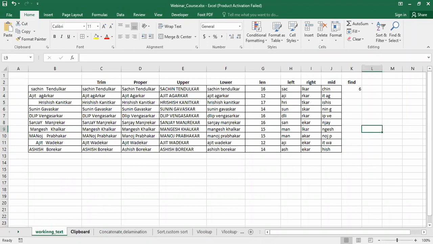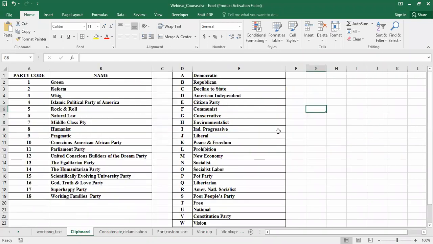Now the next very powerful command or process, that is the clipboard. You must have done the copy and paste in Excel many times, right? Because that is our regular habit to copy and paste some data from one part to the other. But have you seen something like, I want to copy this part, then this part, then this part, this part, in pieces, at a time, and copy all those pieces and paste them somewhere? I'm sure that you must not have used this clipboard to copy and paste. If you have not used it, then please see this. This is very useful for us to manipulate the data.